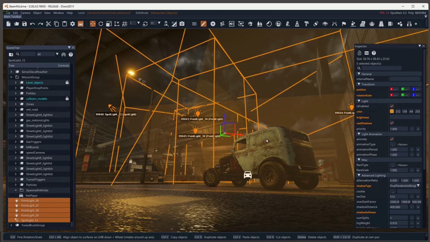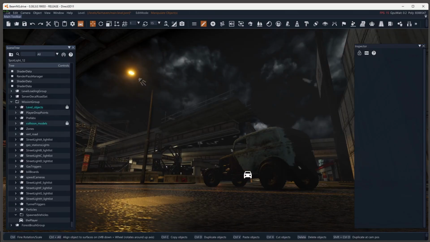And I like doing a screenshot of that, just pressing F12, and that just takes it to the Steam screenshots, or the BeamNG screenshots. Different position than the open screenshot folder. And while I've also got that, I usually like deleting the lights. So just sort of clean up all the